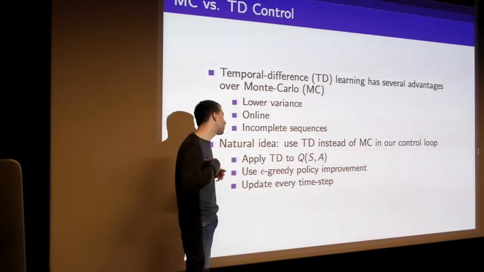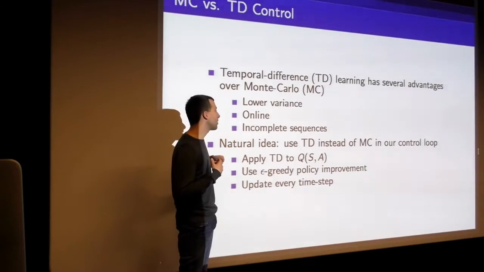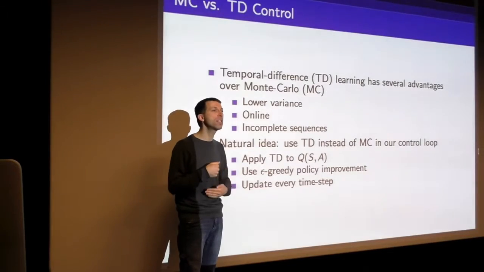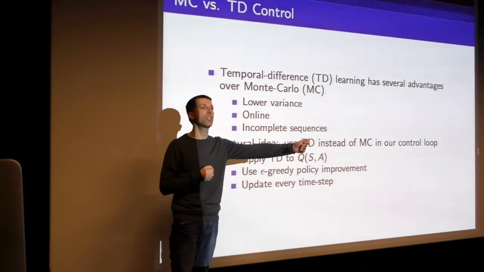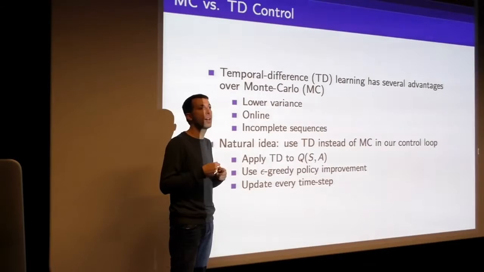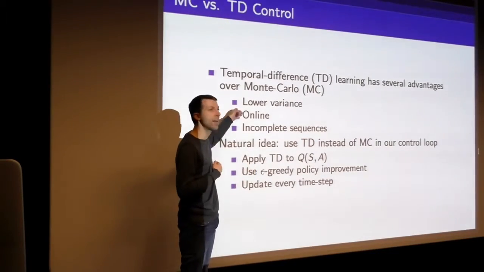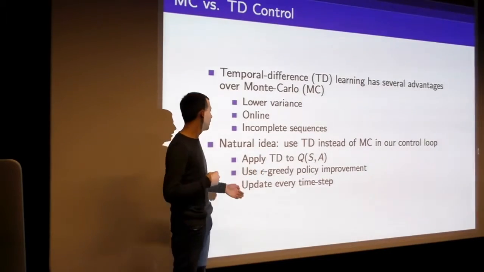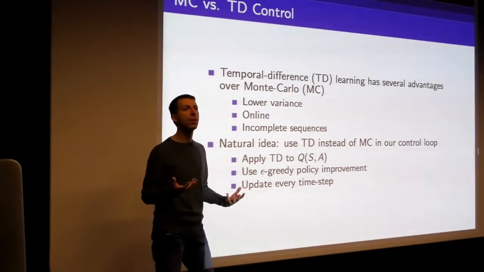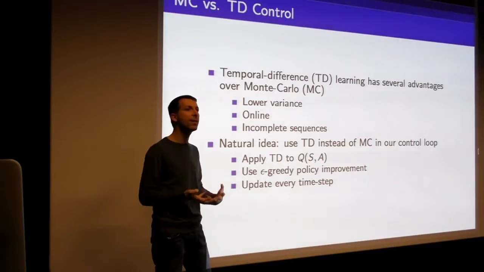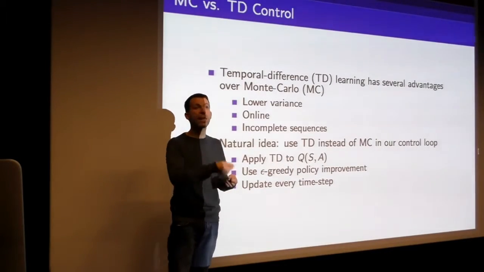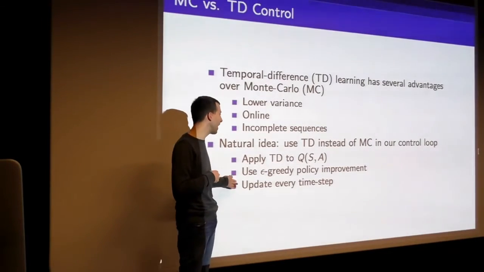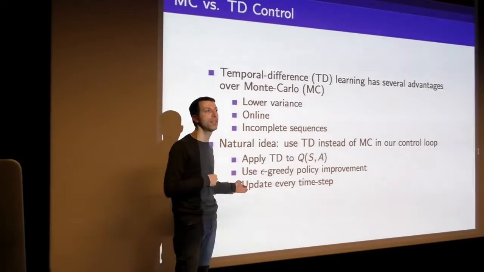The only difference is that TD can operate at this higher time scale. With TD learning, you don't need to wait until the end of the episode to update your value function. In fact, you can update your value function after just one step. That's one of the advantages. It's online: you see one step of data, you bootstrap, and you update your value function immediately. So if we follow the general principle of always using the freshest, most recent value function to pick your actions, we're going to increase the frequency of our policy improvement to every single time step.